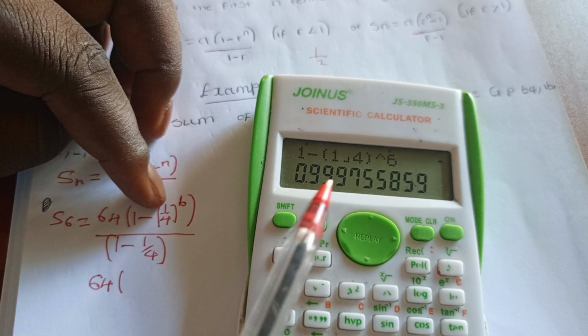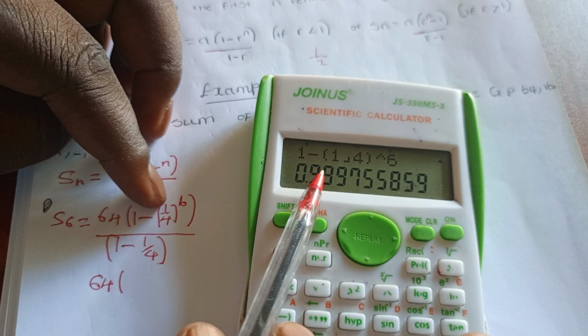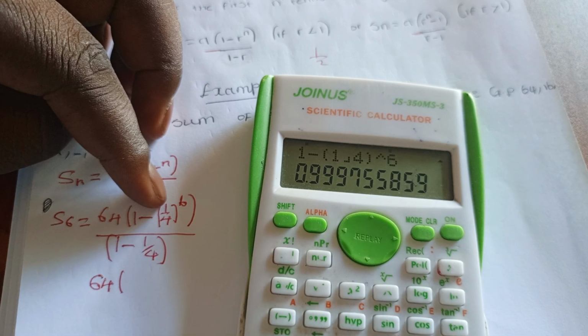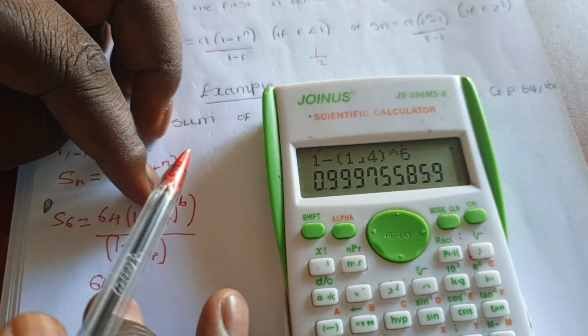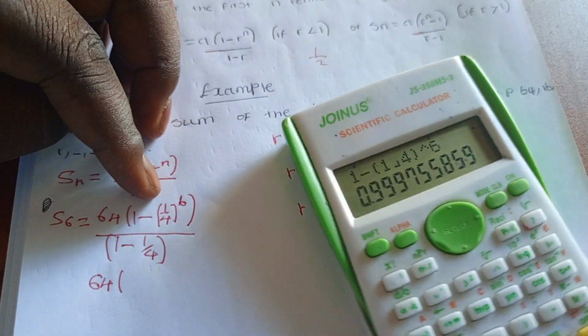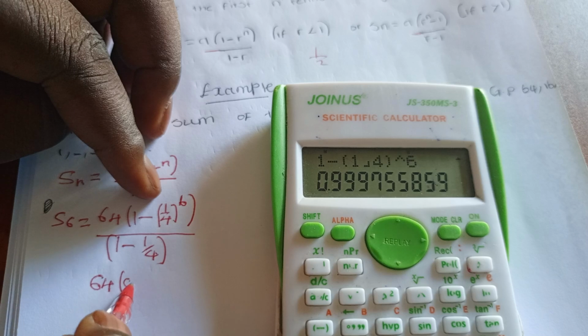The answer that I get is this one. So if you want, you can put the answer in fraction. I'll do this. Good. So the answer is this one. So I'll write this answer, in fact, which is